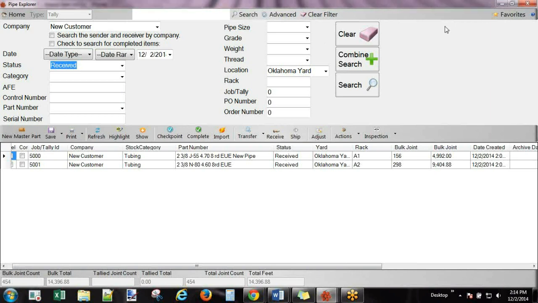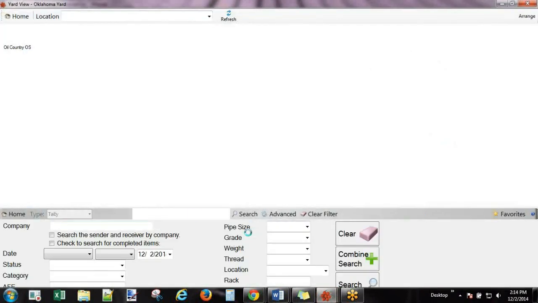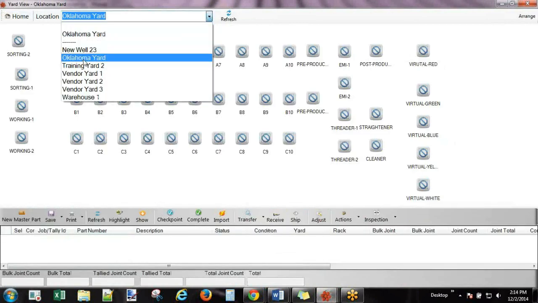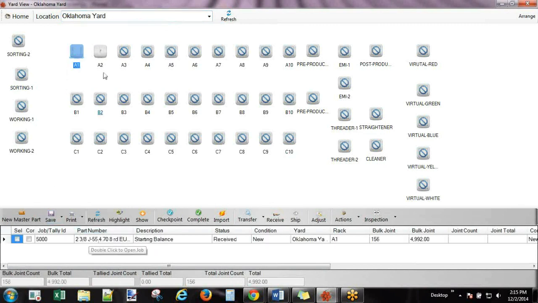All right, I'm just going to leave my Pipe Explorer open and drag it over there. YardView. Let's just click on that. And it's going to open to your default yard. Now you can also look at other yards, but it will always default to yours. Now if you remember, we located some pipe on A1 and A2. And I believe that your main yard is going to look like